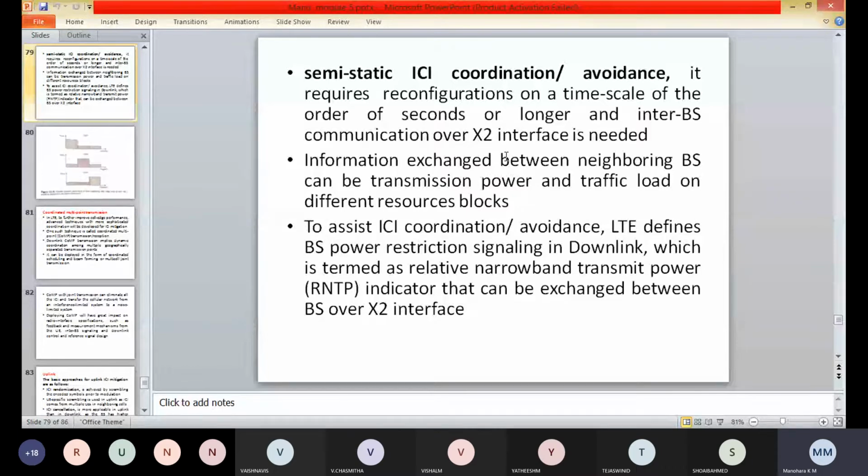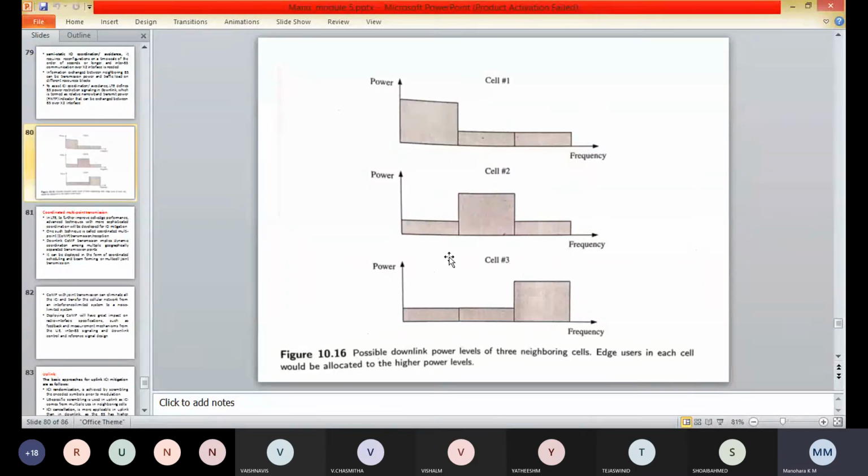This figure indicates the possible downlink power levels of the three neighboring cells. The edge users in each cell would be allocated the high power levels. So we can see that the ICI coordination or avoidance is mainly a scheduler implementation issue at the E node Bs. To assist such coordination, the LTE